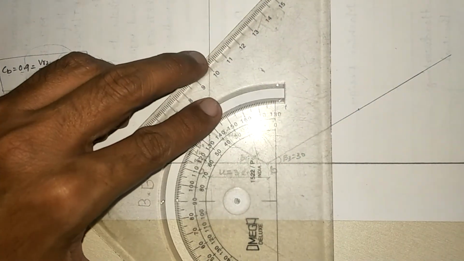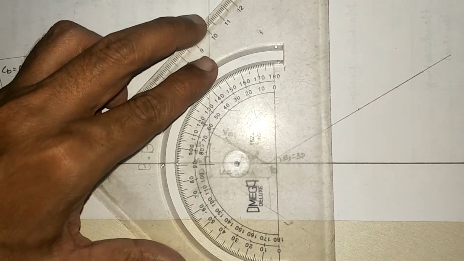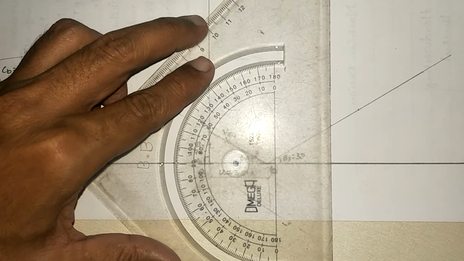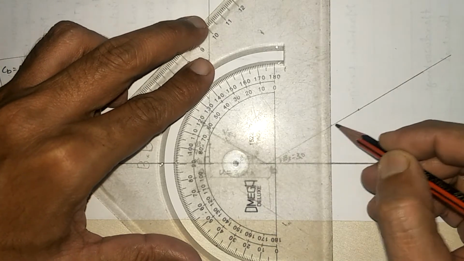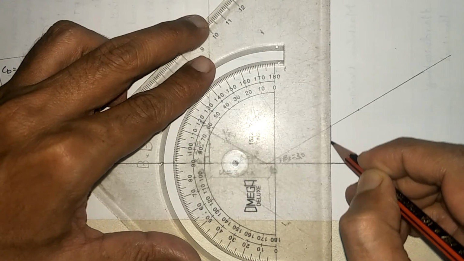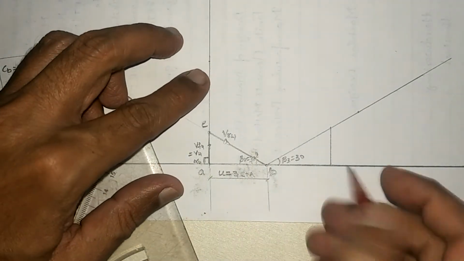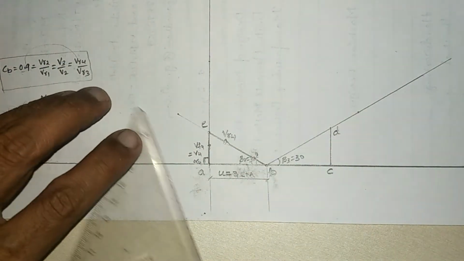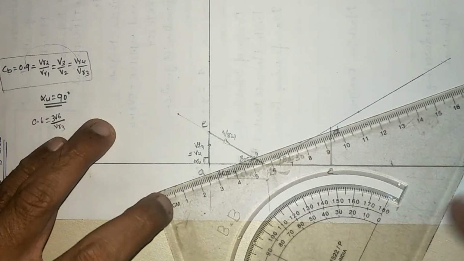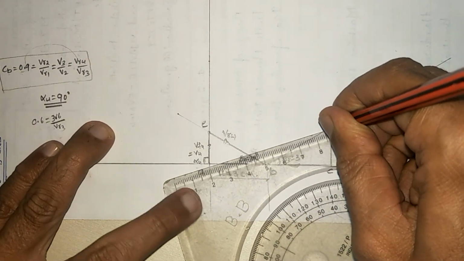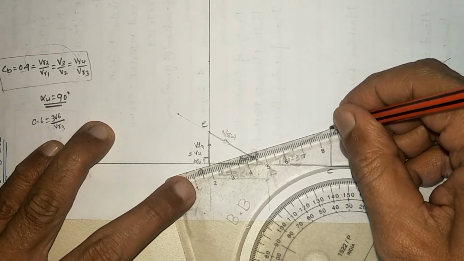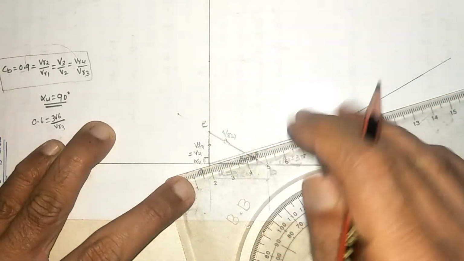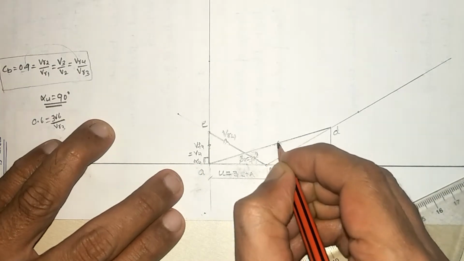Okay. So from this point I am going to draw a vertical line downward, as you can see here. So I will get the point. This is AB, this is point C and this is small point D. Then join DA. This DA is nothing but V3, and measure the angle, you will get alpha 3 also. So this line is V3.